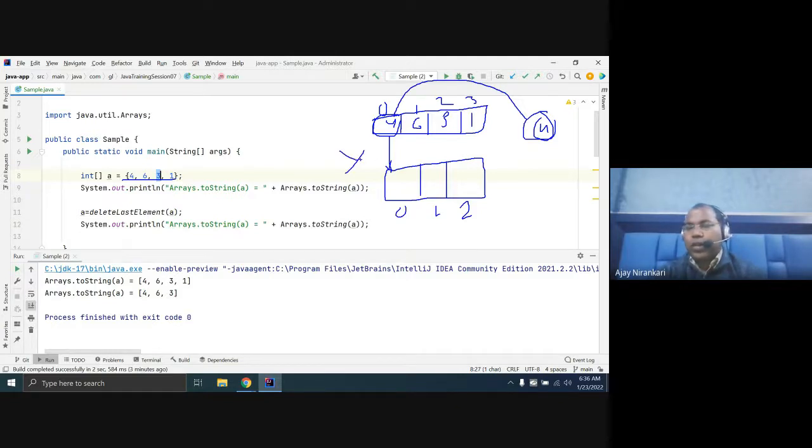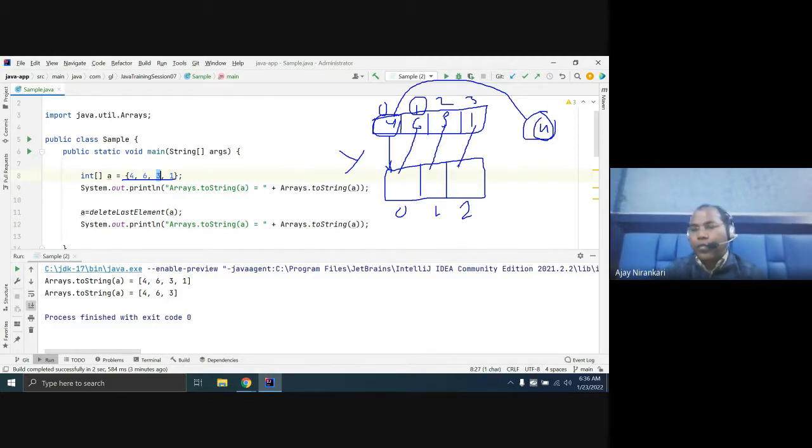Yes, now you move to the one index. Now your one index data is mapped to the 4. No, it's not a match with 4. So you have to place the one position data to the 0 position. Here, this position data to this position. This position data to this position.